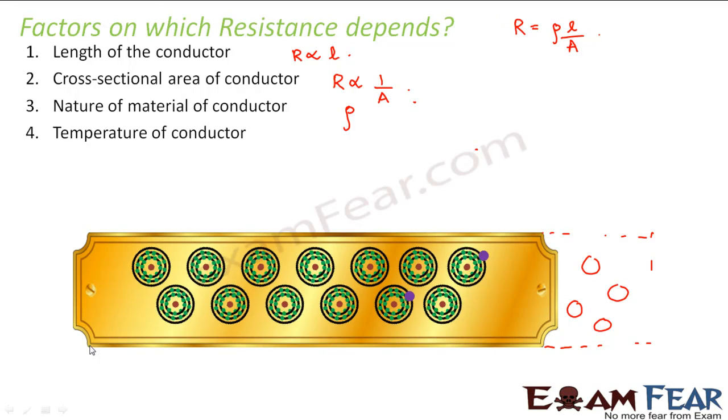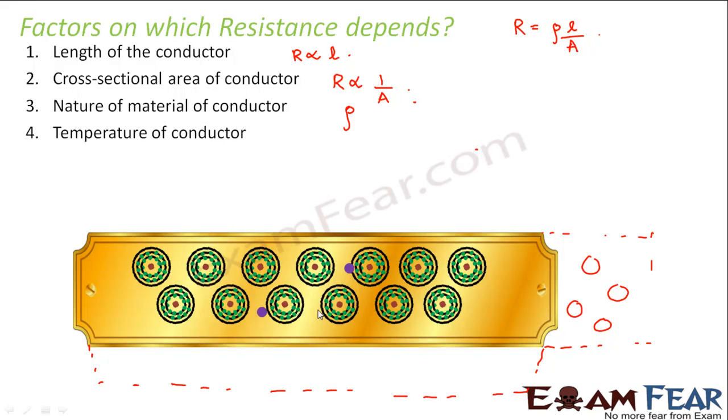When I talk about cross-sectional area, let us suppose that this conductor's cross-sectional area is increased till here. Now this extra area, even though the cross-sectional area is increased, your metal density will still remain the same, right? So in that case, when the electrons will be moving, what will happen? They will get some free space to avoid collision, because these atoms will be placed in a scattered way. So the electrons will get some free space through which they can go, avoiding the collision. So collisions will decrease and therefore the resistance will also decrease.